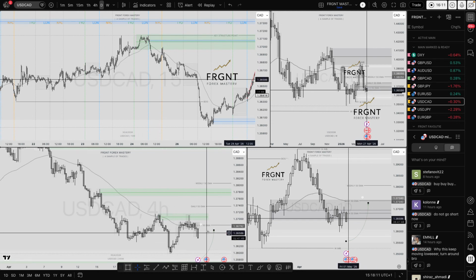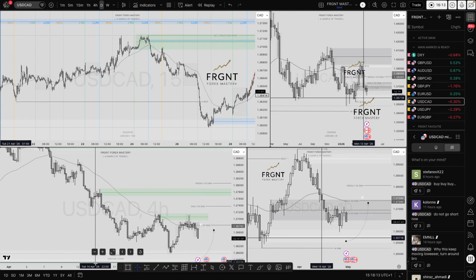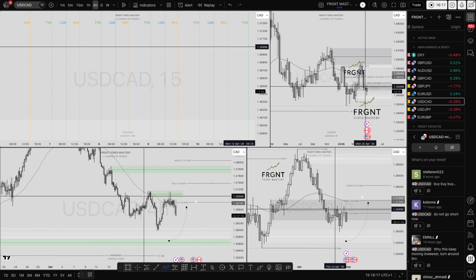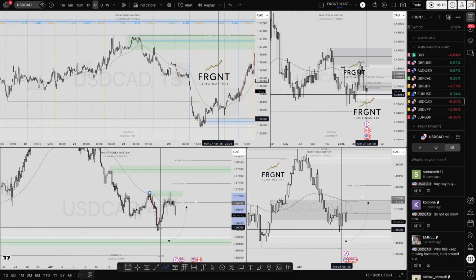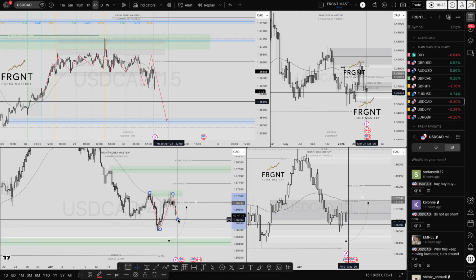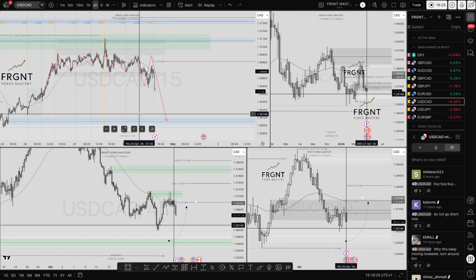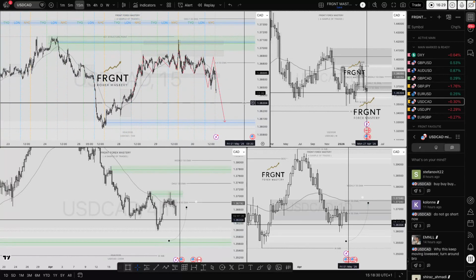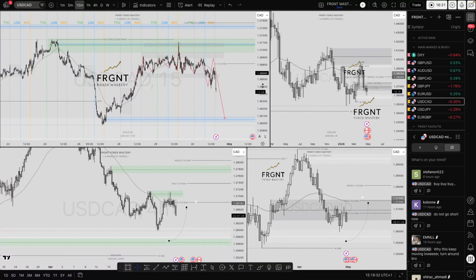Understood, at the moment price is closed below the 4-hour 50 MA, and actually price looks pretty good on the 4-hour time frame. So we've got a lot of conflict at the moment. We've got the lower low, lower high scenario, lower low continuation. And actually I took a UCAD short yesterday, which was a pretty good trade, to be honest. Took around about 3% out of the market, and that was simply based on an Asian range setup.